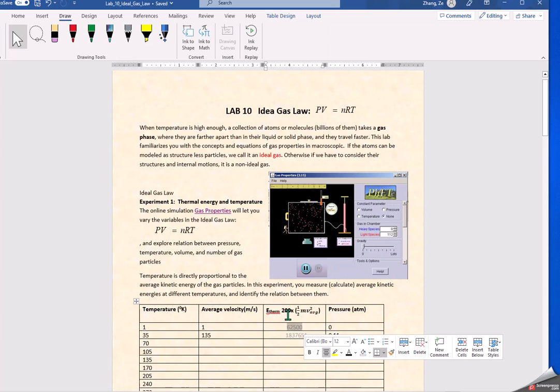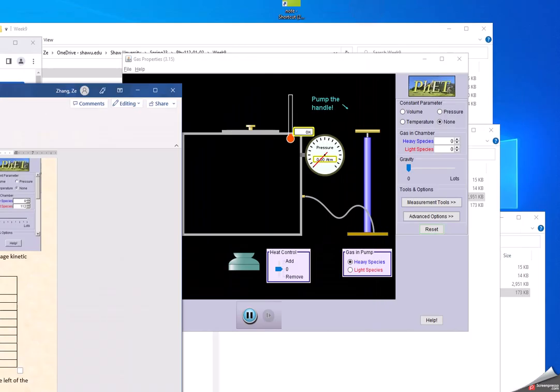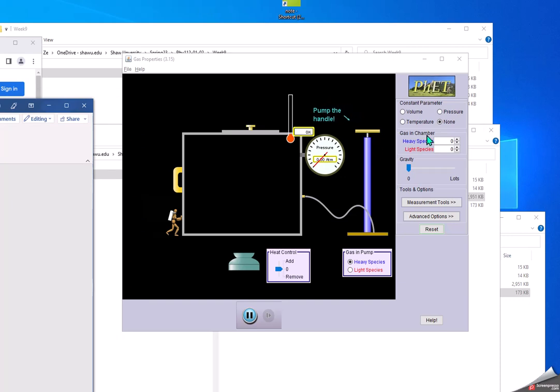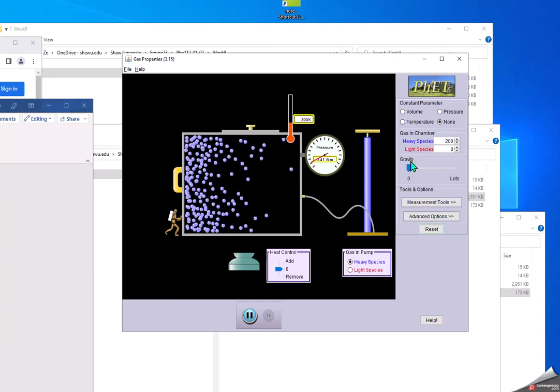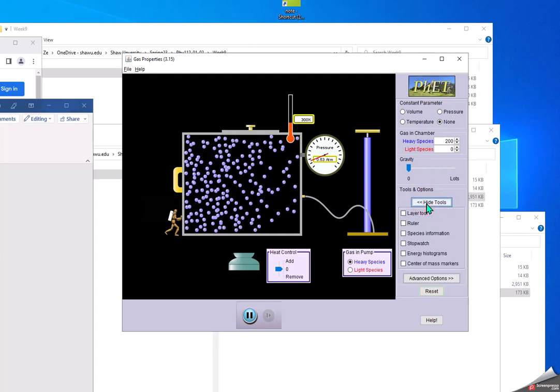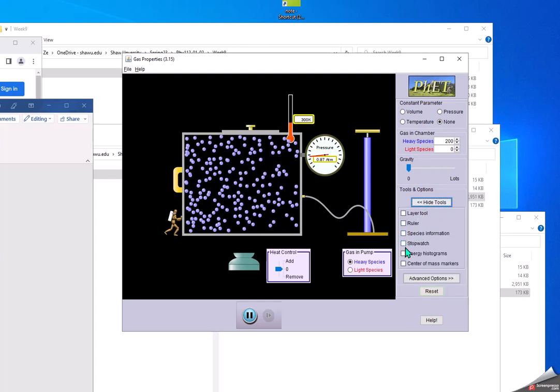Introduce 200 of them. So that's the procedure here. You can just introduce 200 heavy species. You can simply go up, or probably you can simply type 200. So there will be 200. And then of course you will put here measurement tools, and then you will say